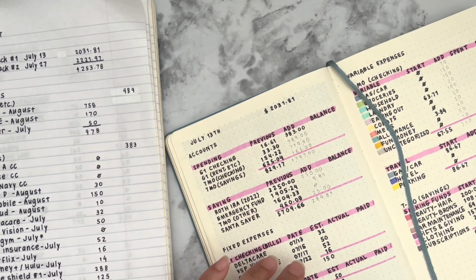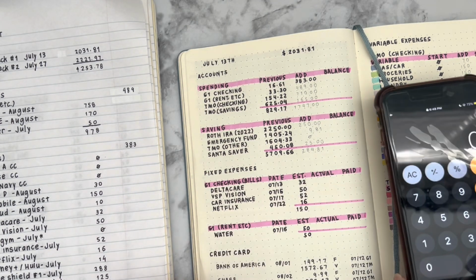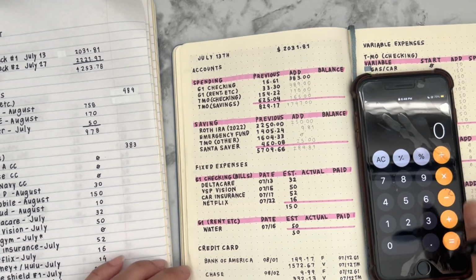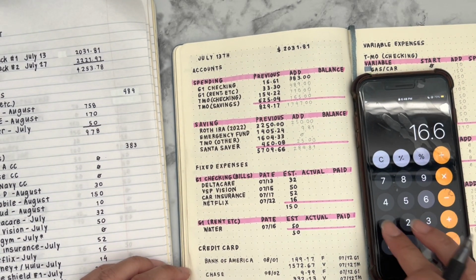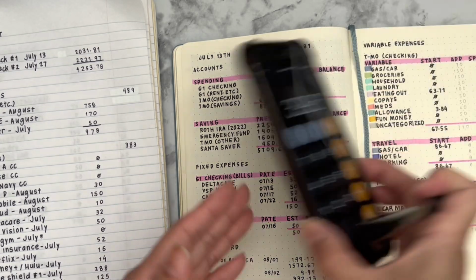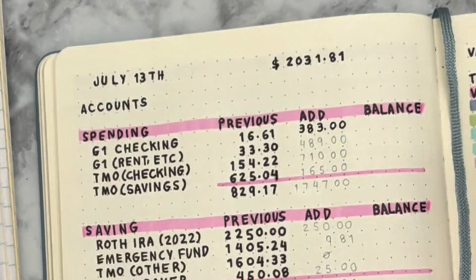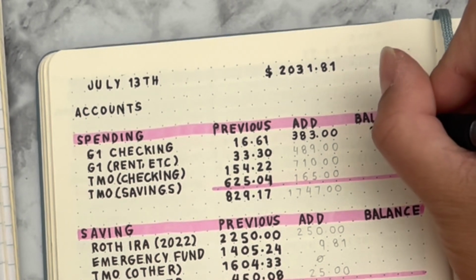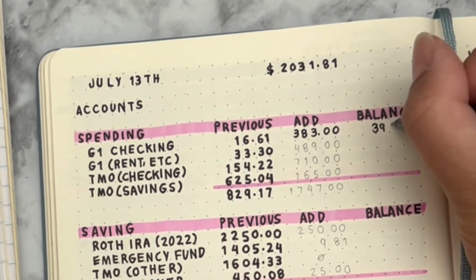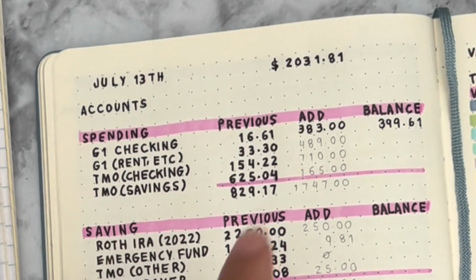And that's really exciting because there were a few paychecks for a while where I was totally off. My numbers were off and I had to shuffle money around just to make sure my bills were paid, and that was no fun at all. So my balance here is $399.61. For my rent, etc., I had